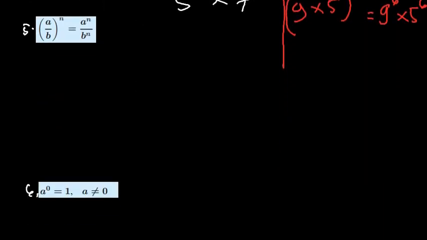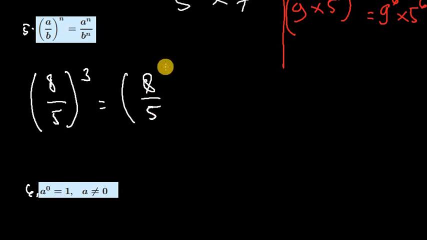Next rule. If we have a over b to the power of n, we can simply make it a to the power of n over b to the power of n. Let's say we have 8 over 5 to the power of 3. It will give us